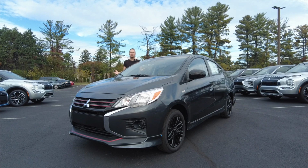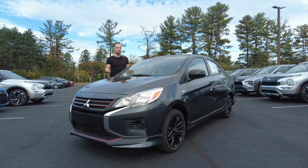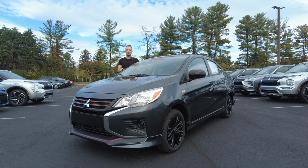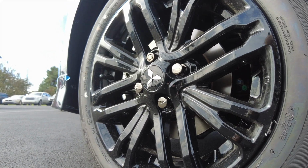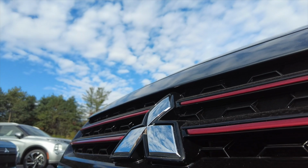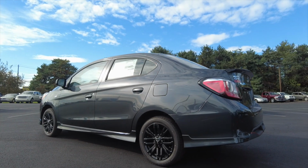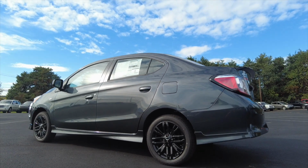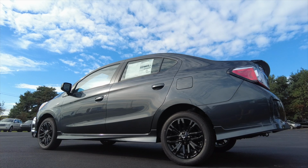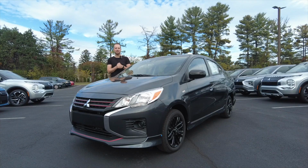For 2024, one of America's most affordable new vehicles gets a little more impressive. This is the 2024 Mitsubishi Mirage in the Black Edition trim. You can kind of see what the Black Edition trim means: upgraded glossy rims, some red accent striping on the front here, along with a blacked out roof. This graphite gray is brand new for 2024. This and the jet black color have been added to the Mirage palette of exterior colors for this new model